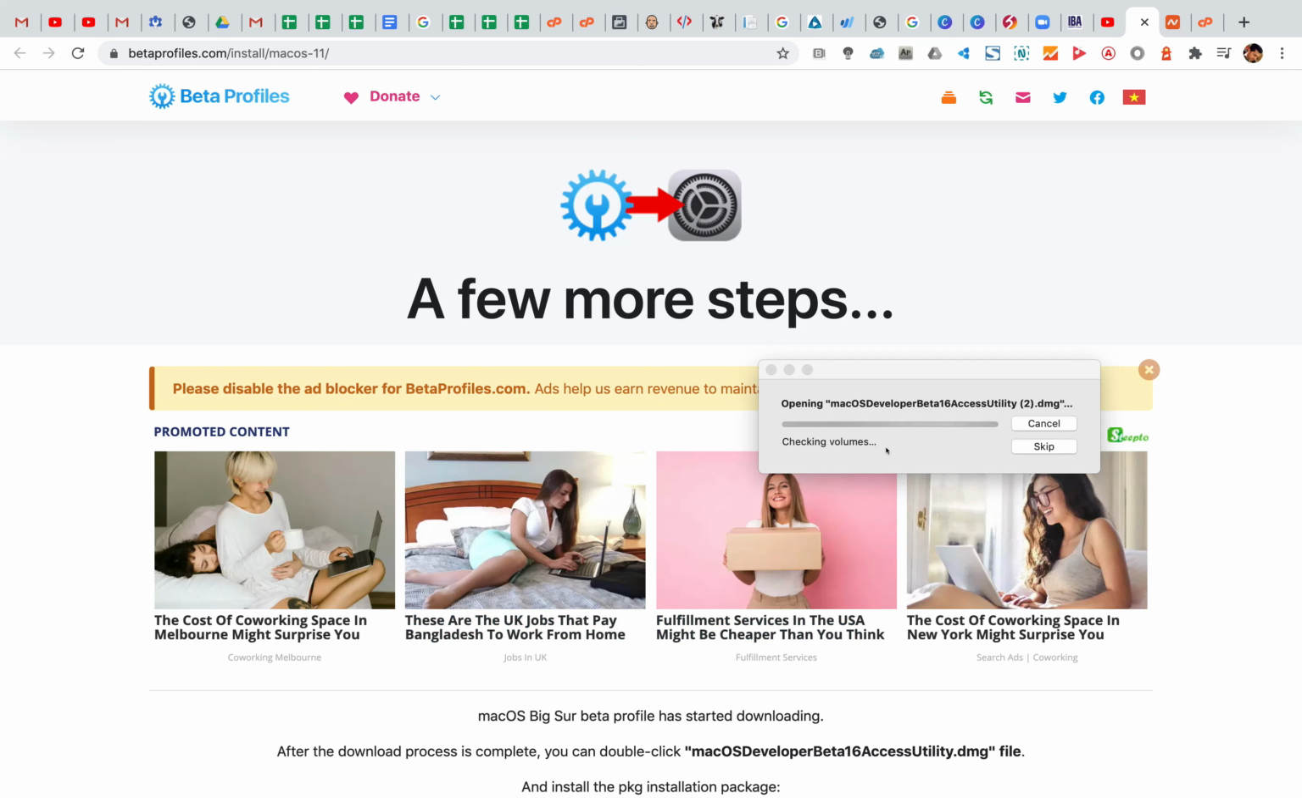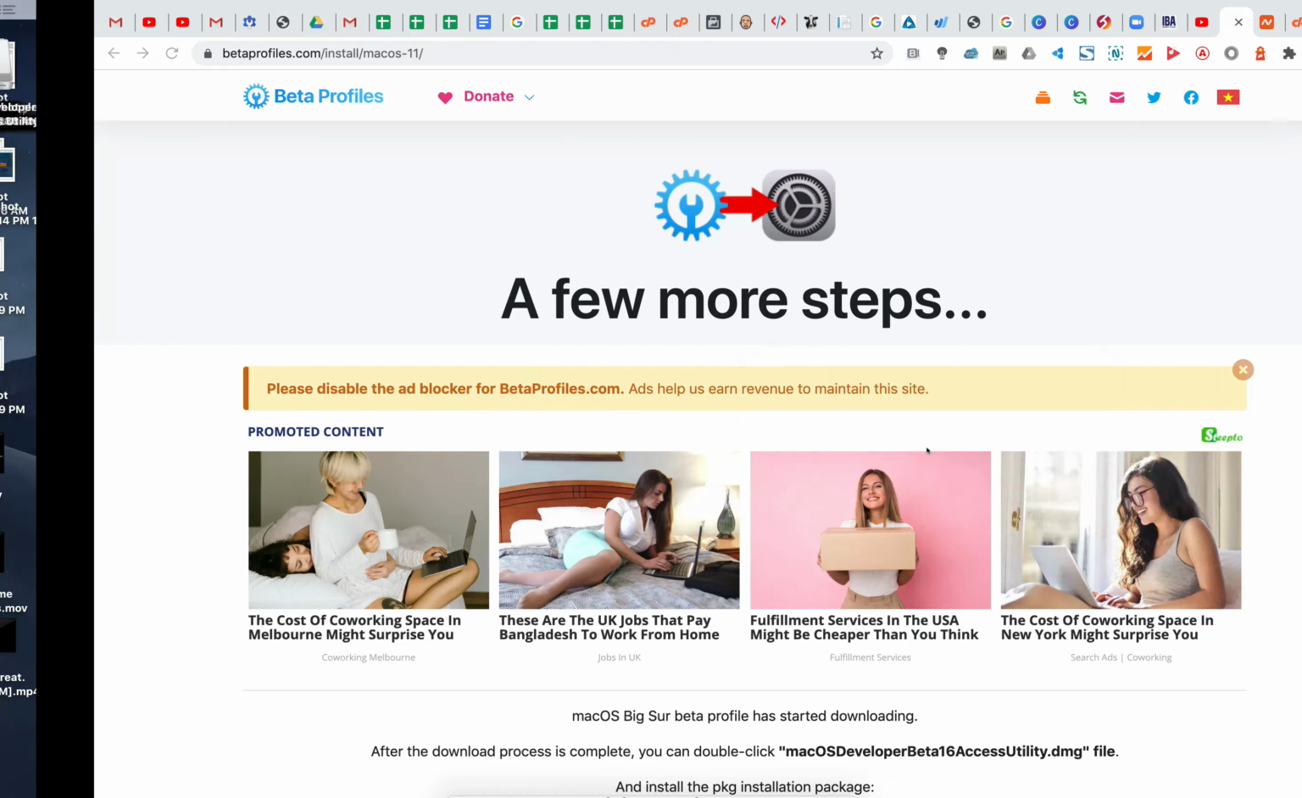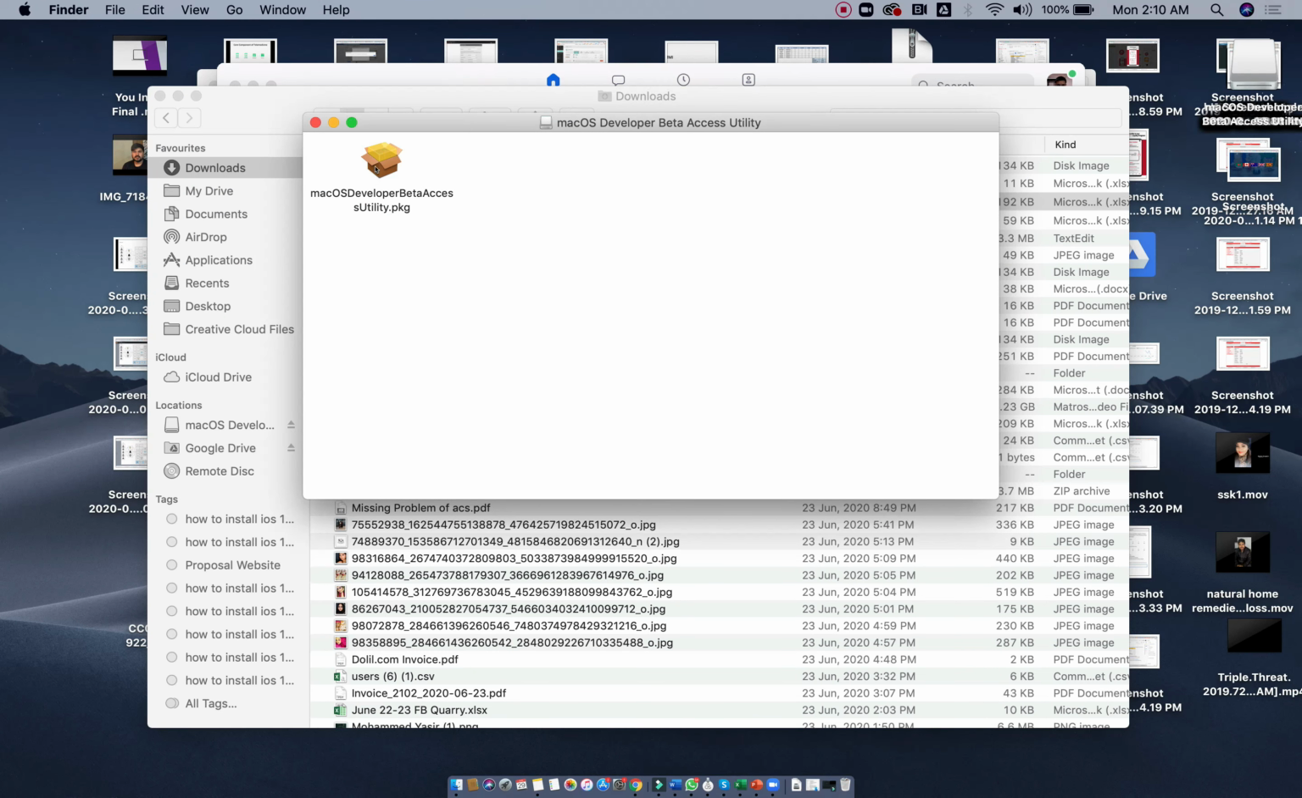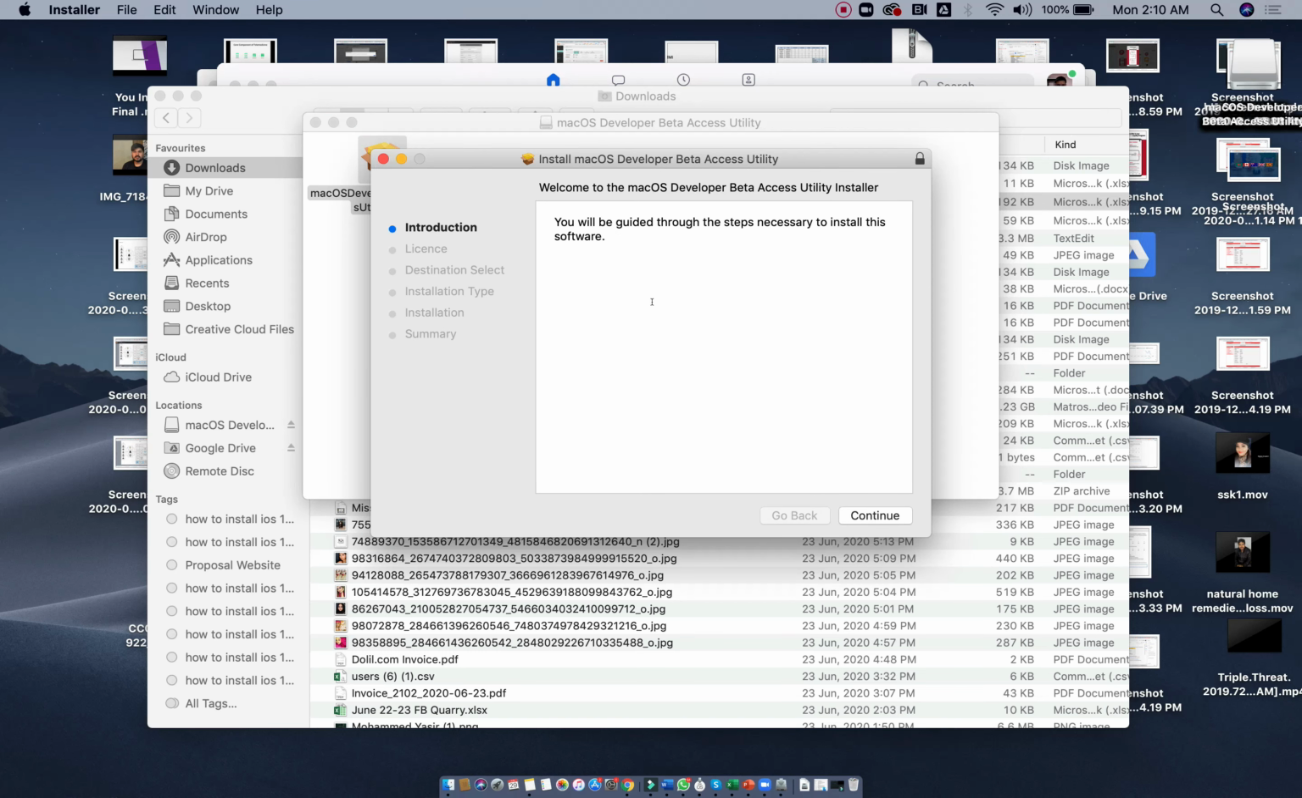So I've already installed this in my computer before, so I'm not going to install it once again. So all we do is double click this, and the installation process will come. You just need to follow the process. Once you complete the installation process,